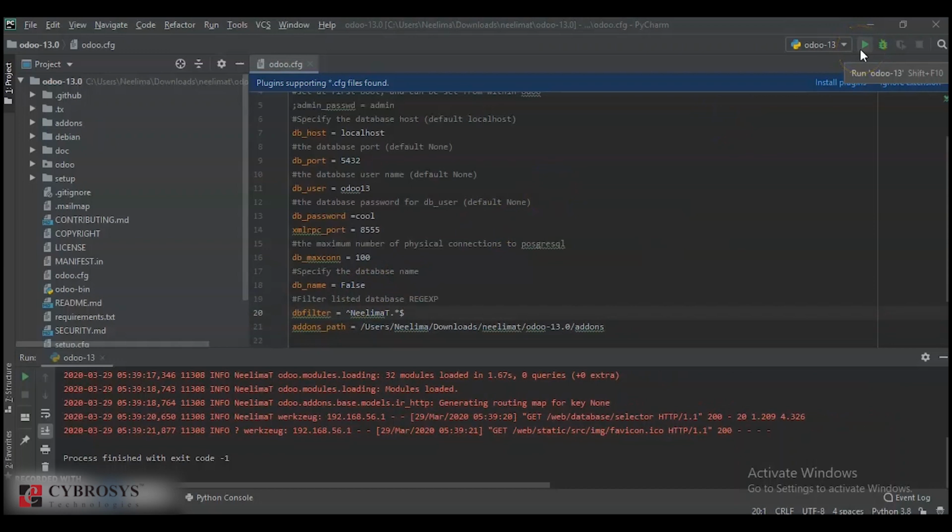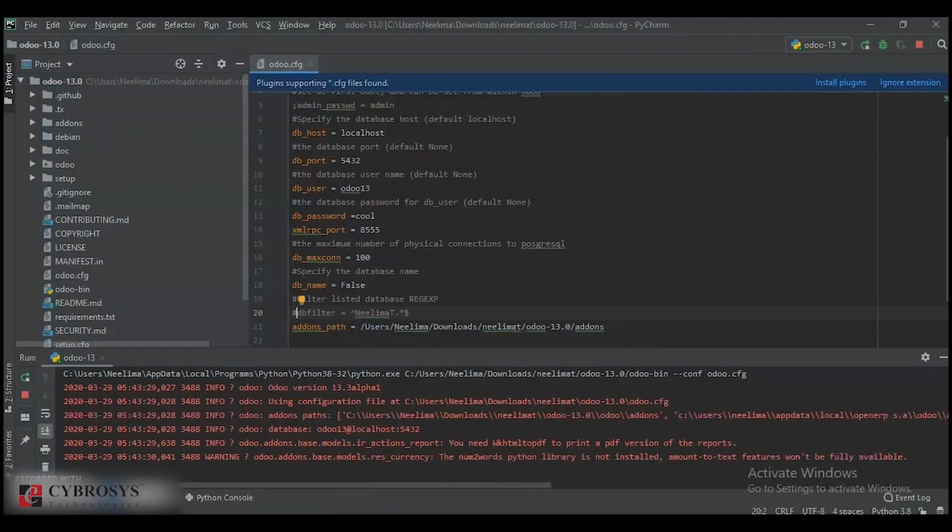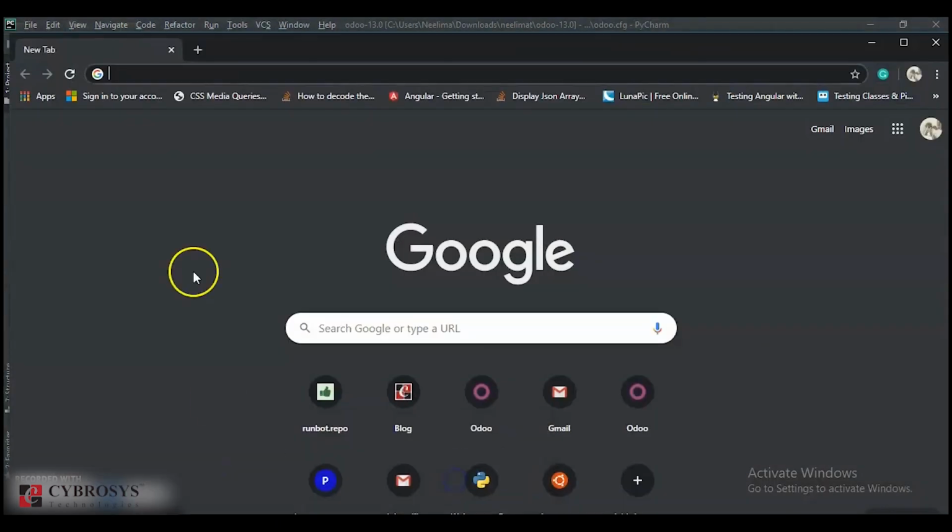So before running, you need to make sure that this DB filter is commented out, because this will be only loaded. So let us just see all the currently existing databases. So I'm just running it. So I'm starting the service. Okay, then